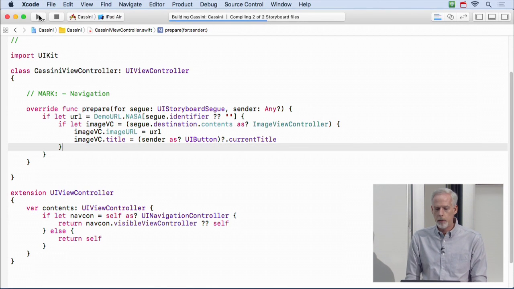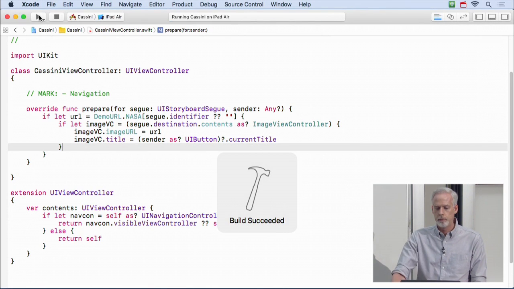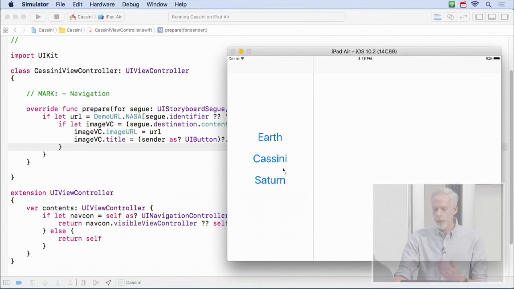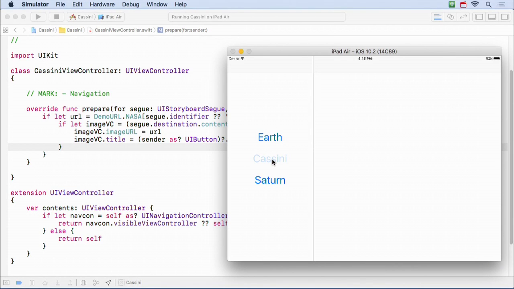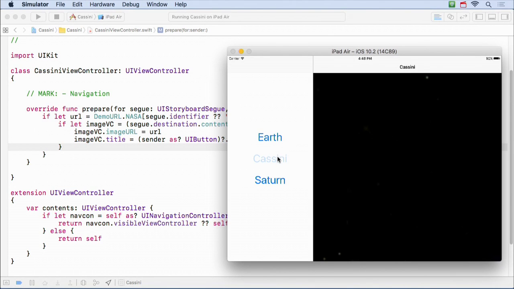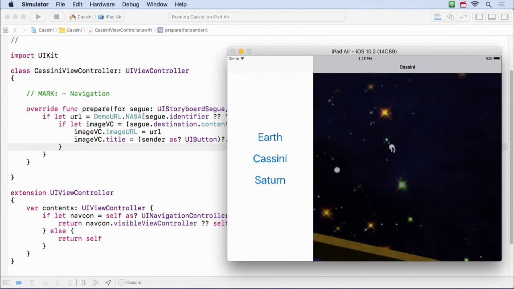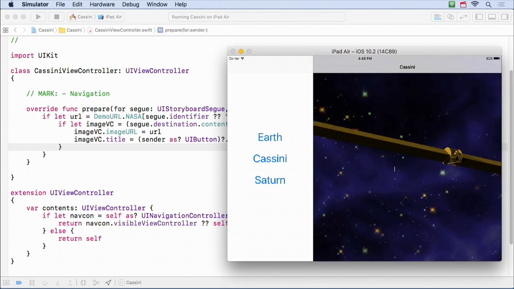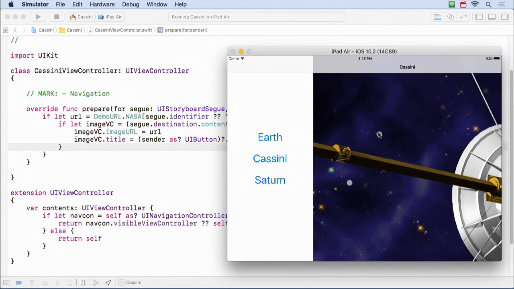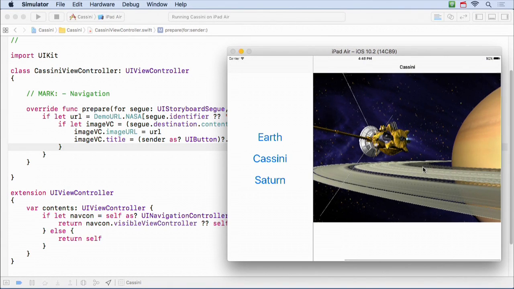Let's run here, see what we got. Okay, so here we go. So let's take a look at Cassini, for example. Oh, look, it's broke. Oh, no, it's not broken. Oh, it is broken. Whoa, what's going on? Okay, I clicked there to get Cassini, which, oh, look, there's Cassini. Oh, let's zoom in on Cassini. Oh, there it is. Okay, so this is the Cassini space probe right here by Saturn.